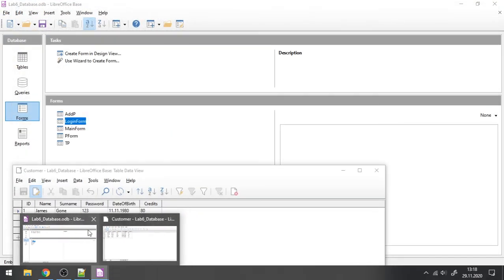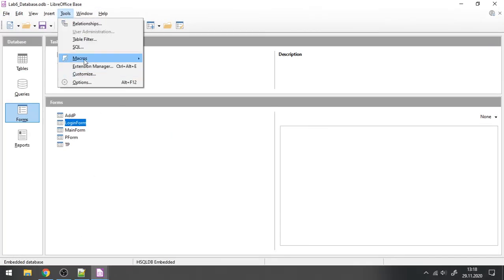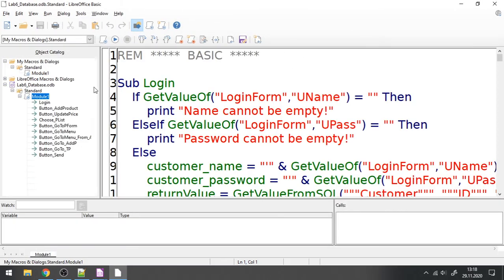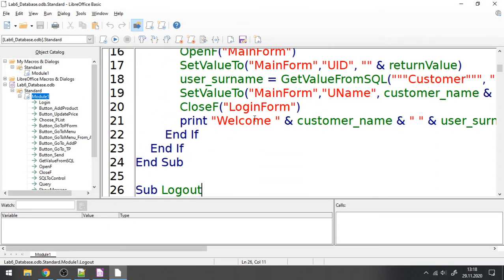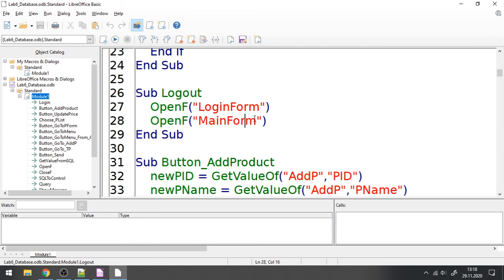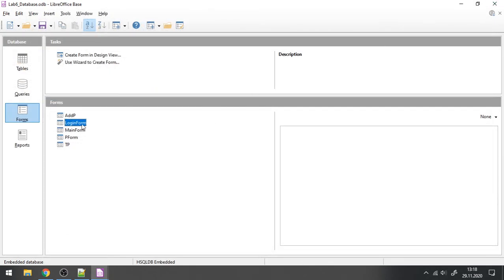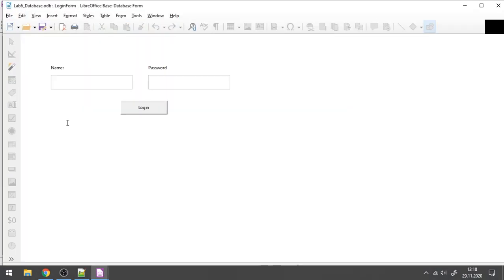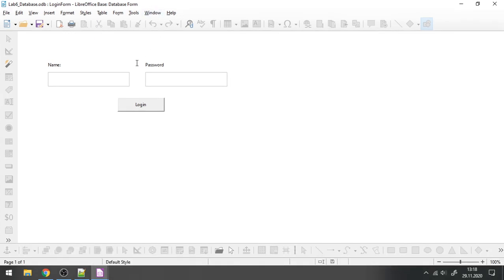So that's one final thing that we forgot to do. Going through macros and then edit macros. I would like to edit my macro in here. While I log out, I would like to open the login form and close the main form. So that was one final thing that we forgot. If I open the main form directly, it doesn't make much sense because I don't have the user ID there. But if I go through the login form, so Diana,